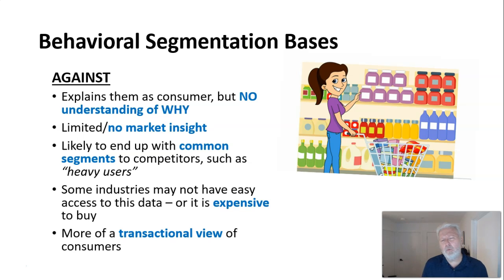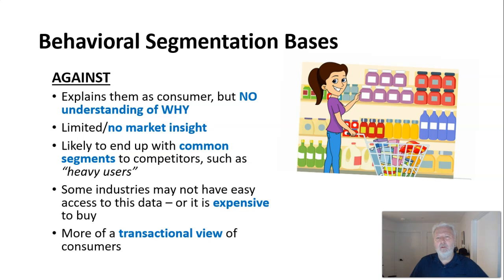So as a result, we have very little market insight. We can build mathematical type models and become quite analytical, but in terms of the detailed understanding of the consumer, it's probably less. If we're in a supermarket setting, for example, we end up with common segments. A good example of that is heavy users. In many categories such as soft drinks and snacks and even fast foods,